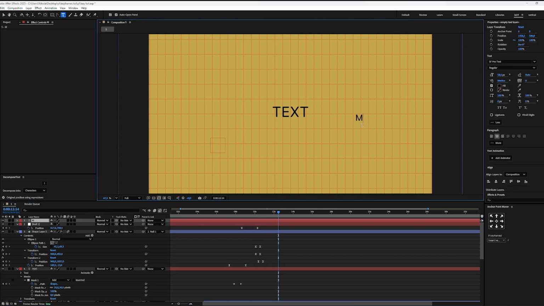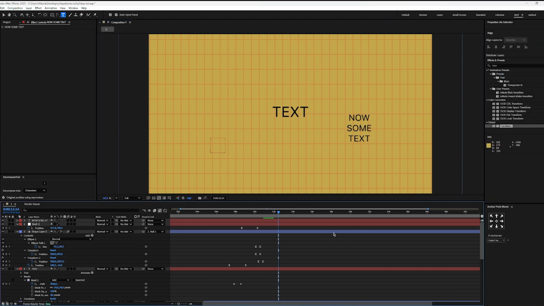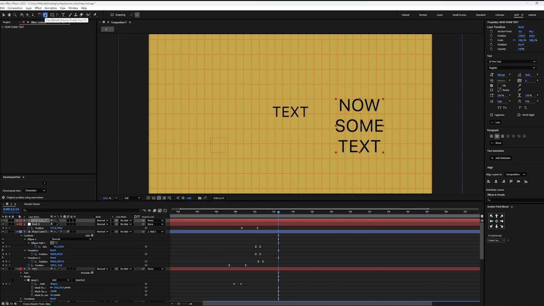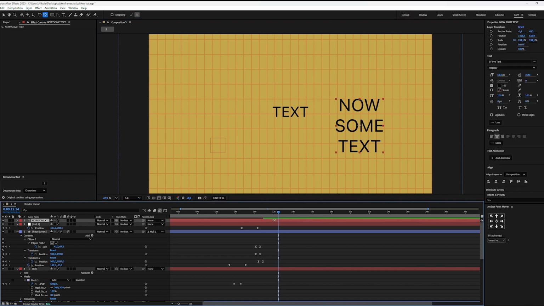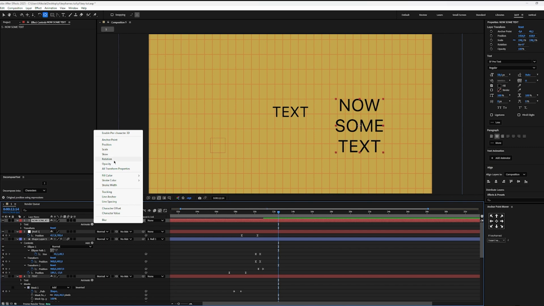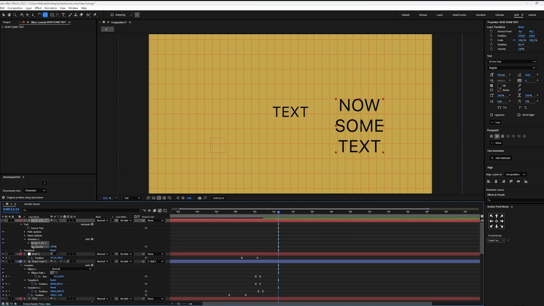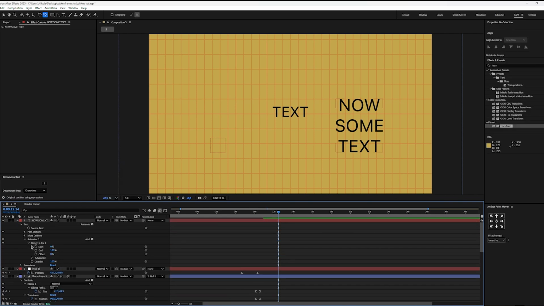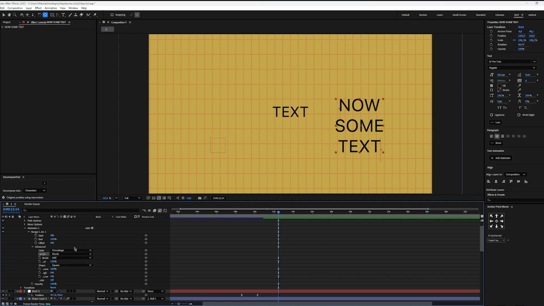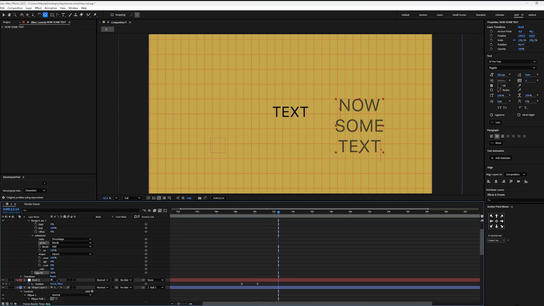Now some text. As you can see, I typed it in a few rows, so make it bigger. You can select the comment and double click here to align the anchor point, and go into text and select Animate Opacity. Where is it? Here. Then go into Range Selector, Advanced, and set the mode to Words, and set this opacity to 0,